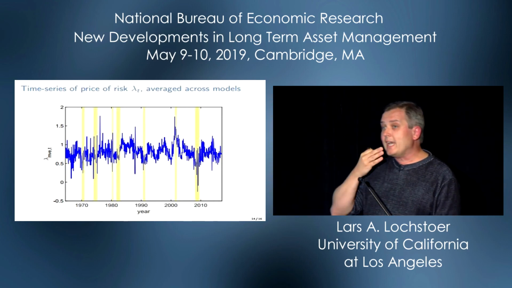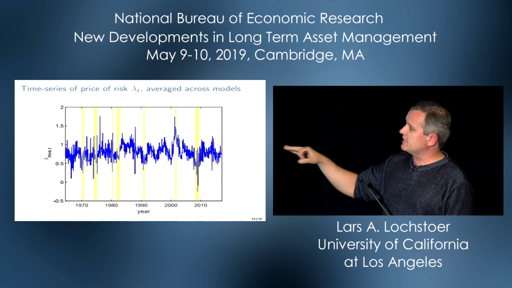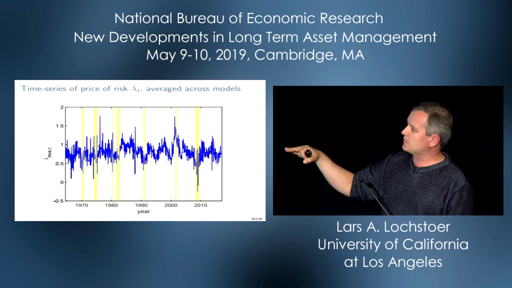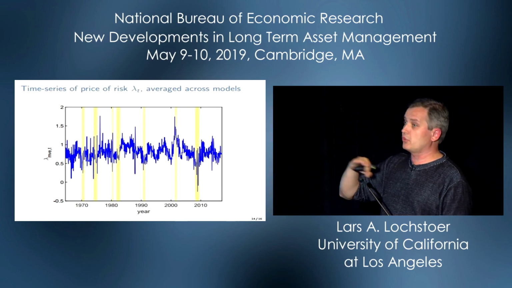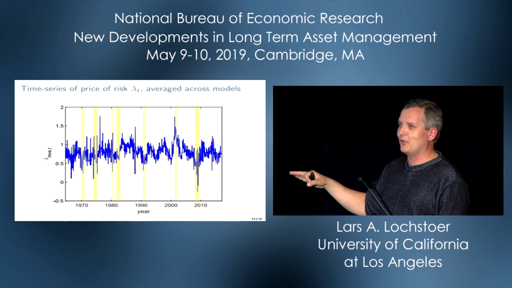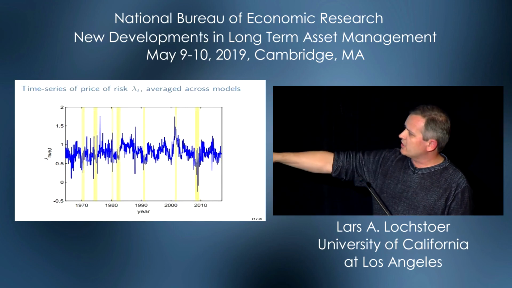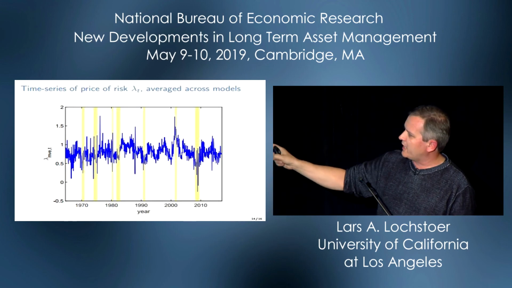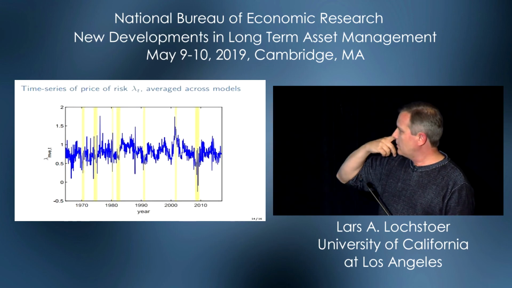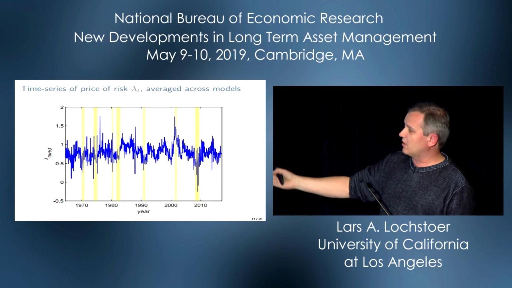But it kind of looks the same. It's just a little bit more interpretable. And what this plot is actually is just the average. It's kind of the first principal component across all models, just a straight average price of risk across all models. We just want to get at the big picture here. And so the average price of risk here is like 0.7, 0.8 across all these models. Obviously, it varies. And the yellow bars are NBER recession indicators.